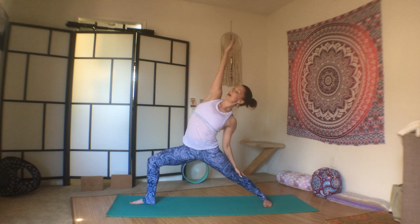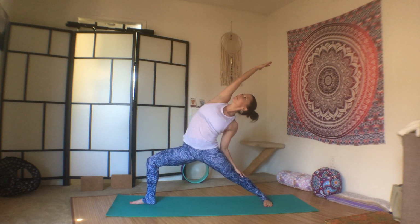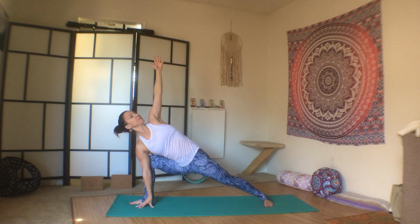Flip the palm over and inhale, reach back, reverse the warrior. Stay deeply bent in the right knee. And then come into side angle. So again, you can always take your elbow to your knee, put your hand on a block, or all the way to the mat. Find length, reach your left hand to the sky,